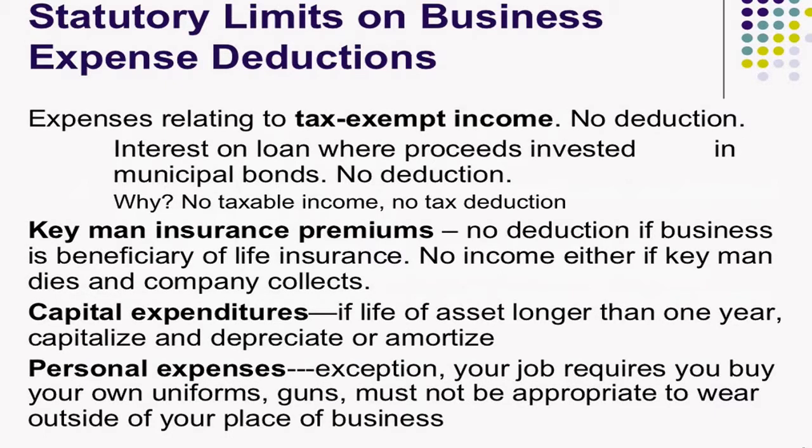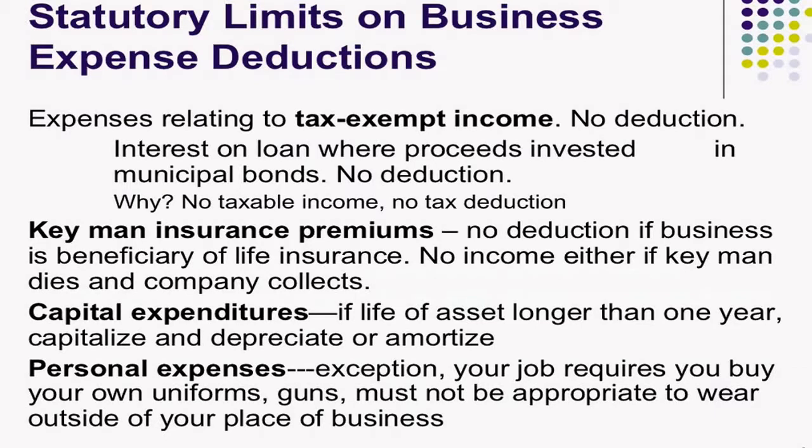So what happens is they're paying premiums on that insurance, and the Internal Revenue Code doesn't give a deduction for that kind of expenditure. If you're a company insuring an important person, and the company is the beneficiary of the policy, you won't get a deduction for the premiums you're paying. But here's the catch. Here's the good part about it. Well, kind of a good part.